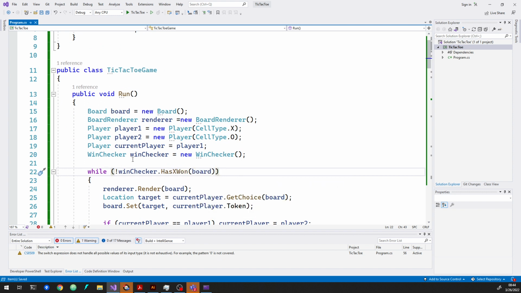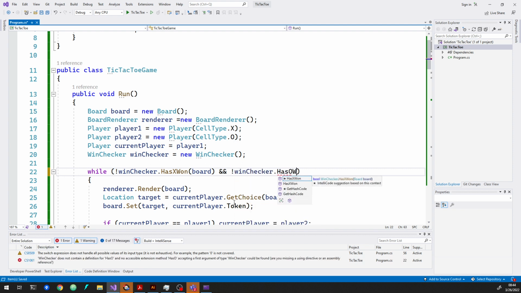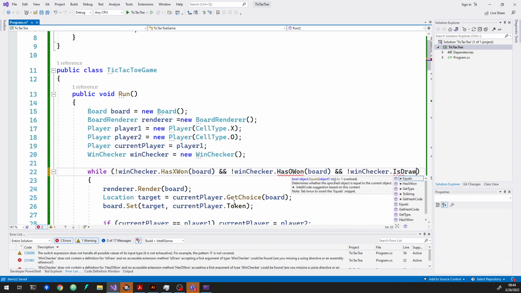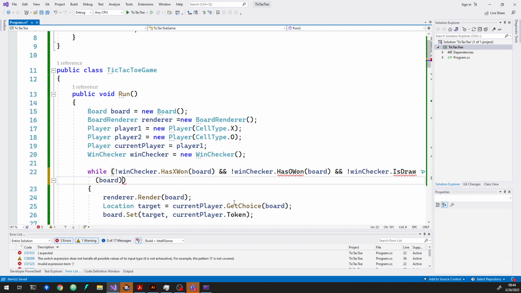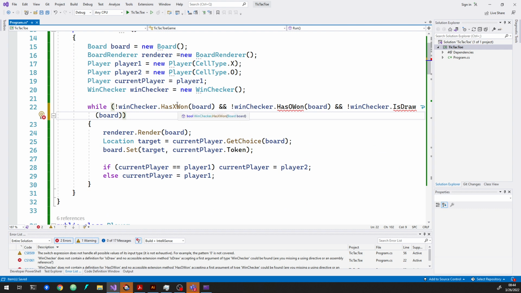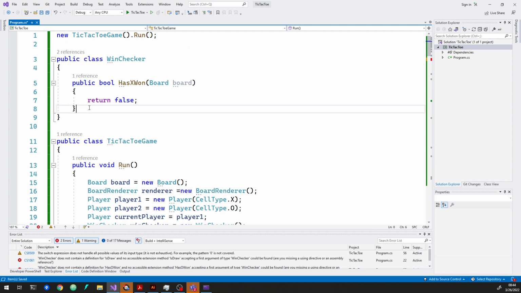Okay, so while X has not won and not O has won, and not it is draw, so while not X has won and not O has won and not it is draw, so we need to make